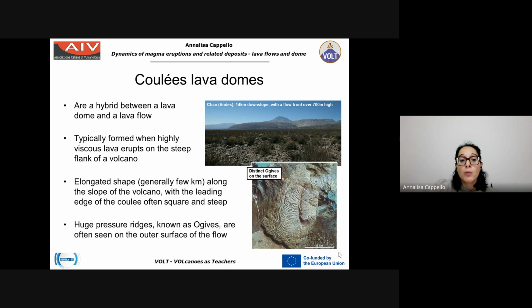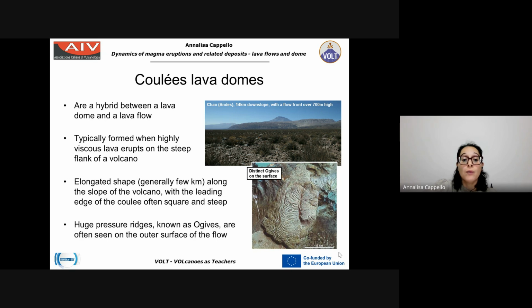They typically form when the lava is very, very viscous and is extruded down the steep flank of a volcano. They have an elongated shape that generally is not longer than a few kilometers, that spreads along the slope of